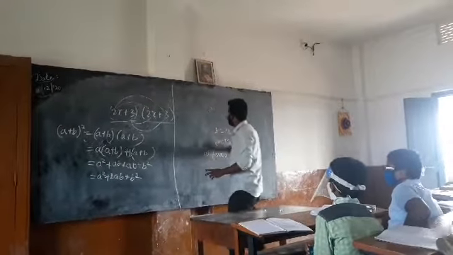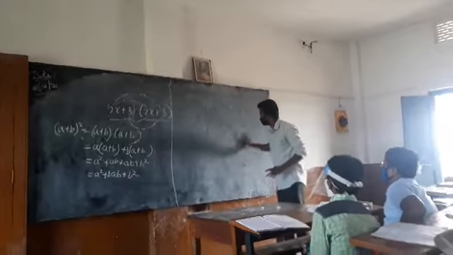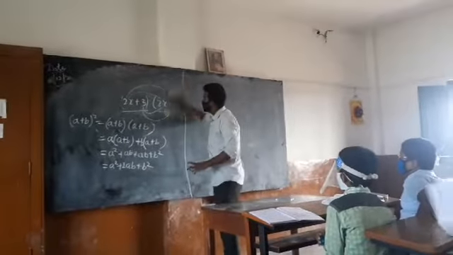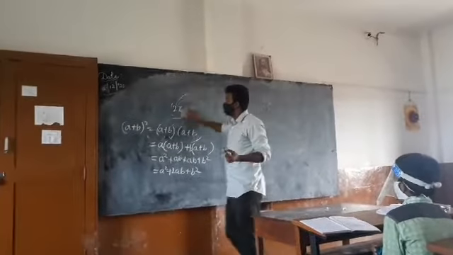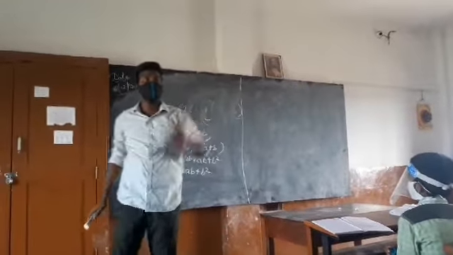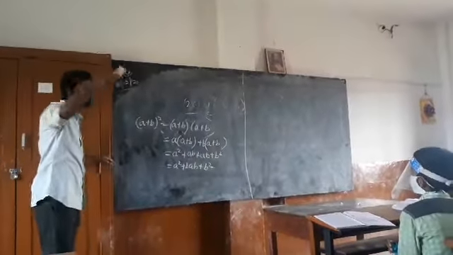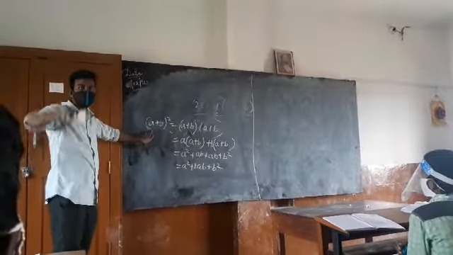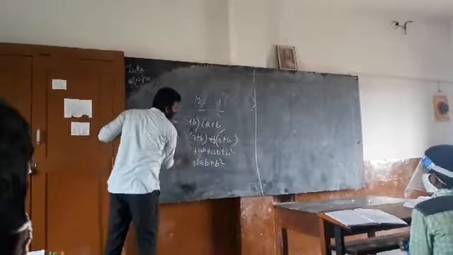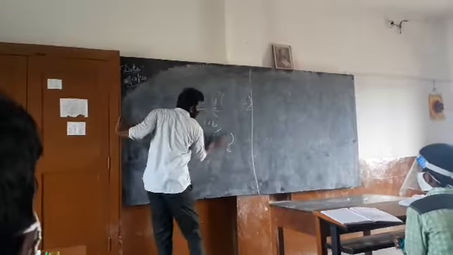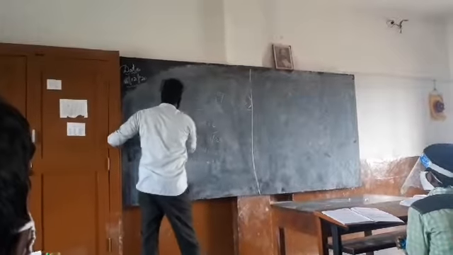Let us look into another kind of formula. Children, everyone can use the formula after learning one or two times, but recognizing it is very, very important. Whoever recognizes that the problem is in the form of (a plus b) whole square will be the cleverer one. That comes through practice of exercise problems only. Let us discuss another kind of formula.